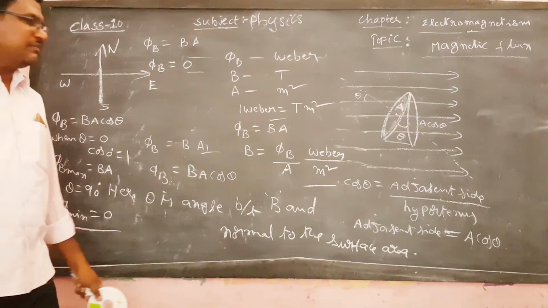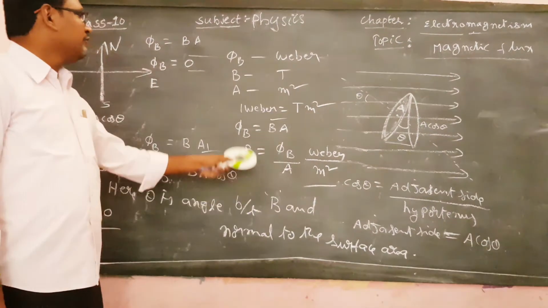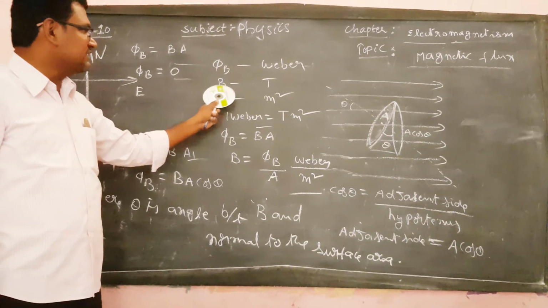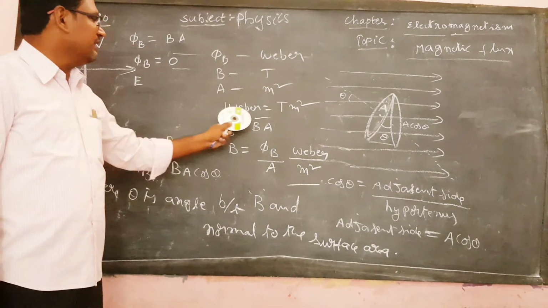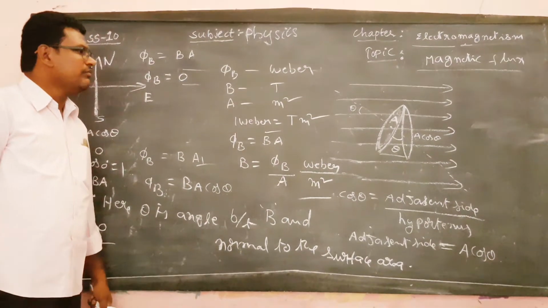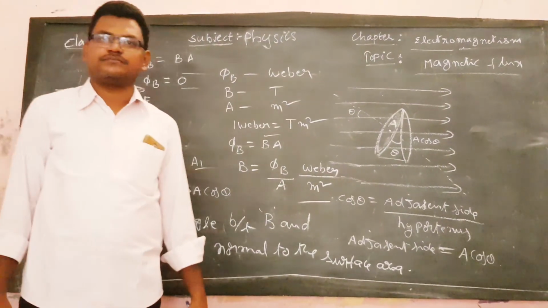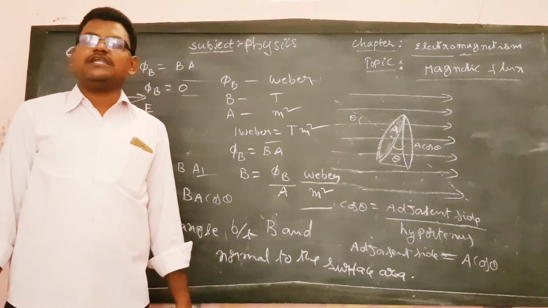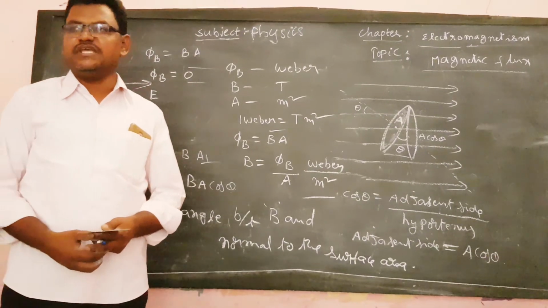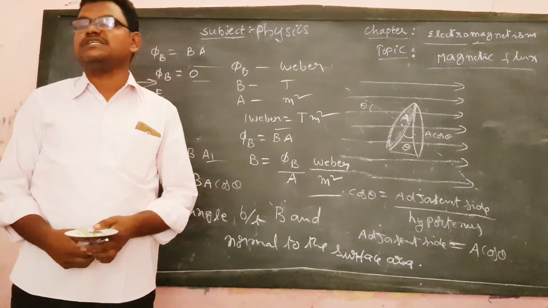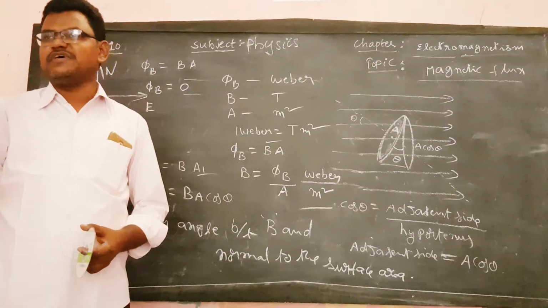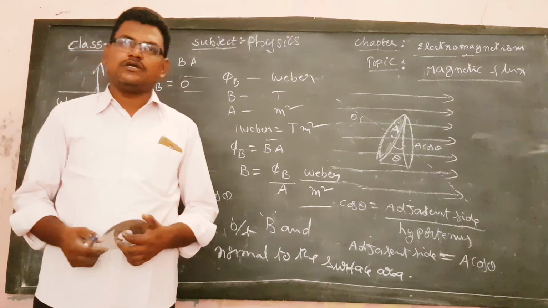Magnetic flux density can be measured in Weber per meter square, whereas magnetic flux can be measured in Weber. Magnetic field, as magnetic flux density, is in Tesla. So 1 Weber is equal to 1 Tesla meter square. So these are the units of magnetic flux density. Once again remember, magnetic flux is the number of magnetic field lines passing normally through the given area. So you can write the definition of magnetic flux in this way. This is one of the cases in the magnetic flux density. Okay, thank you.